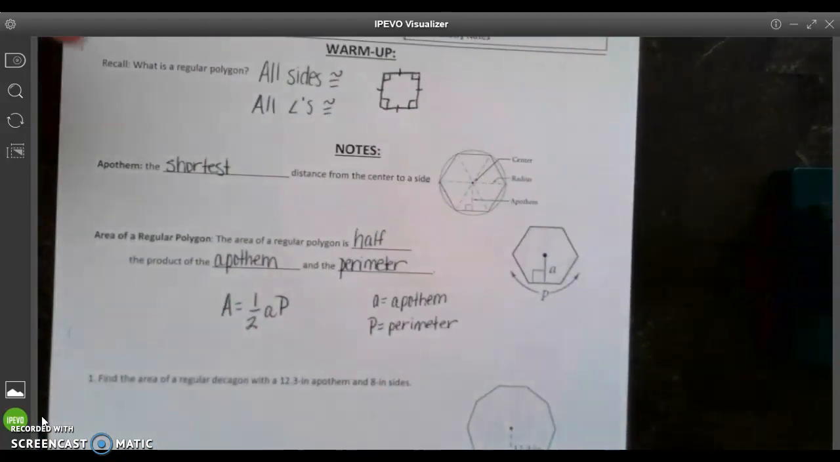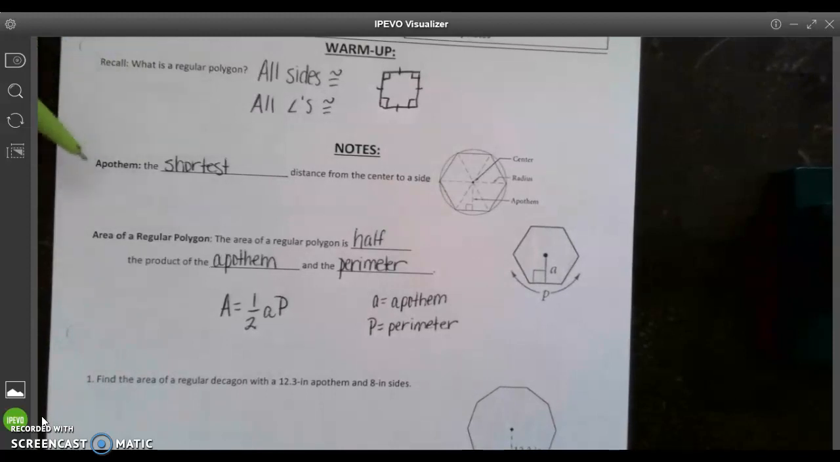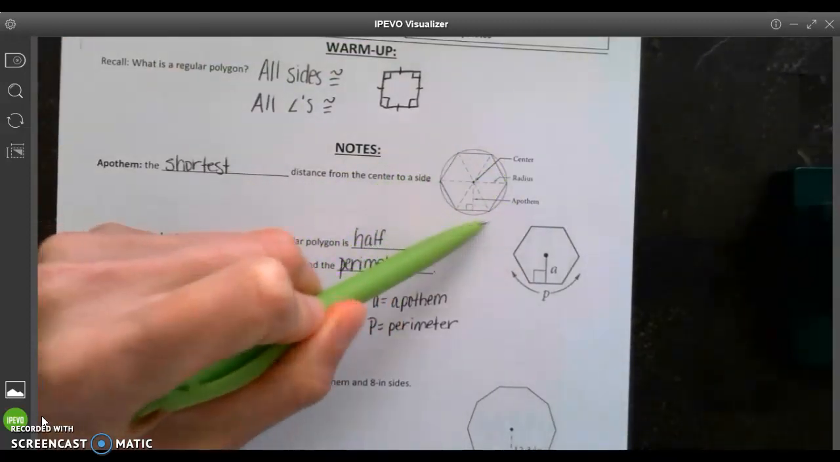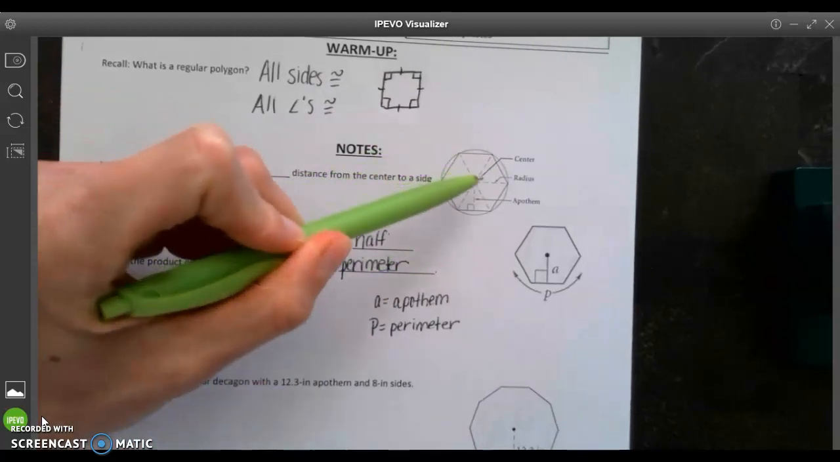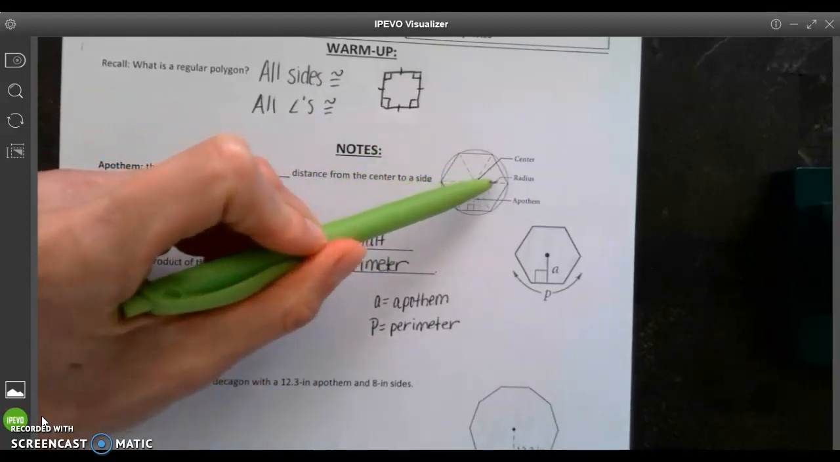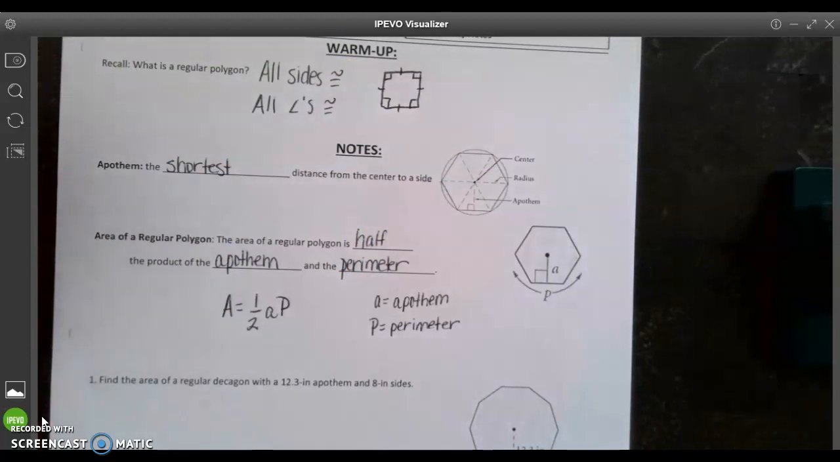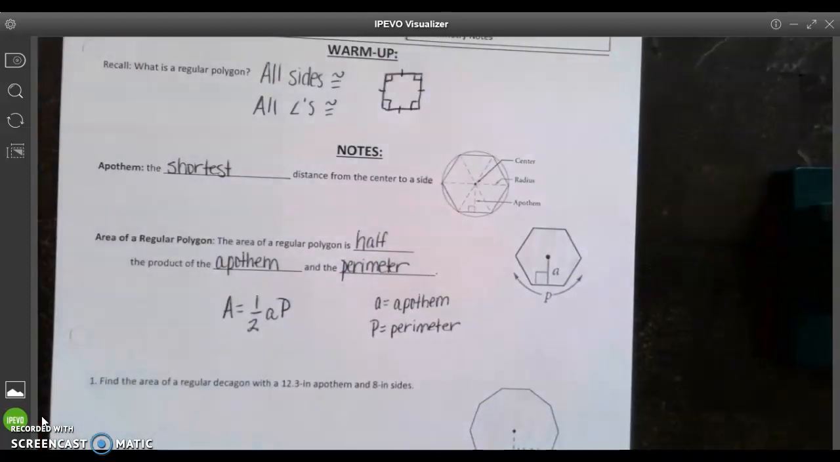There's a new vocab word that we're going to use in this formula. It's called the apothem. The apothem is the shortest distance from the center to the side. So don't get confused by this circle here, and don't get confused by this word radius. We're not going to actually use that. So if we use this square that I drew up here, and we drew in the